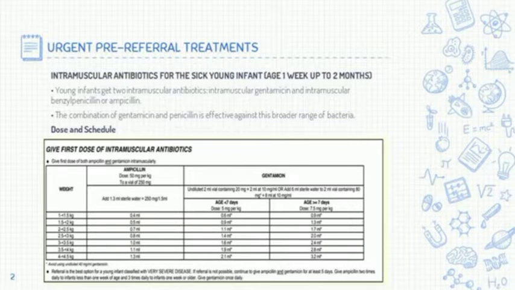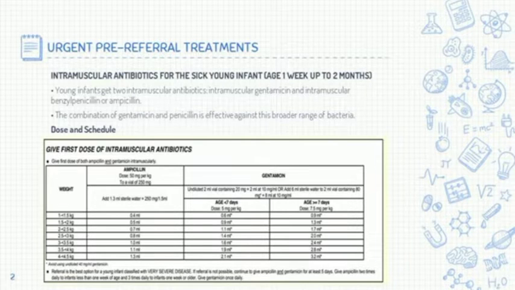The table below shows the dose and schedule of the 2 antibiotics based on the infant's weight. As you may notice, ampicillin is the one depicted in the table and not benzylpenicillin. Actually, these 2 drugs are both members of the aminopenicillin family, so they are somehow the same. It is important to note that if referral is not possible, continue to give ampicillin and gentamicin for at least